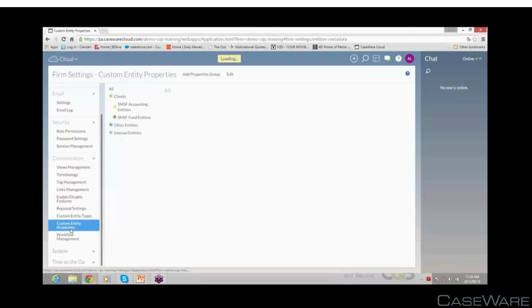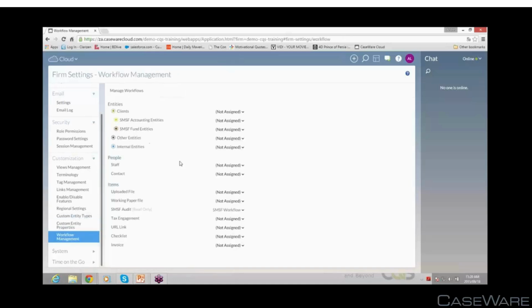Okay, then custom entity properties. Again, you can go through all of this to just add more properties to the group if you wanted to. And then workflow management, we're not using at the moment, but later on we are going to start using workflow management, where you can go and add more workflows to this in